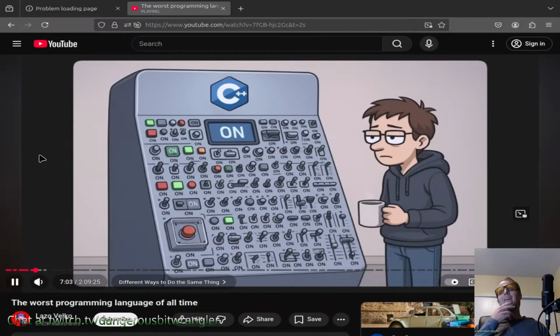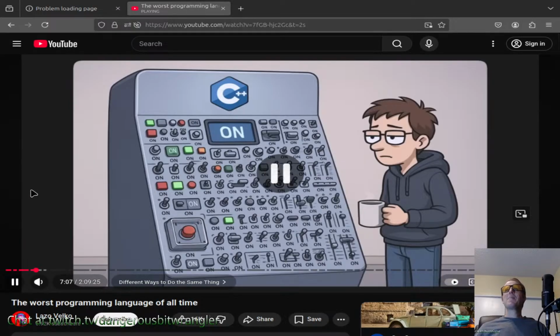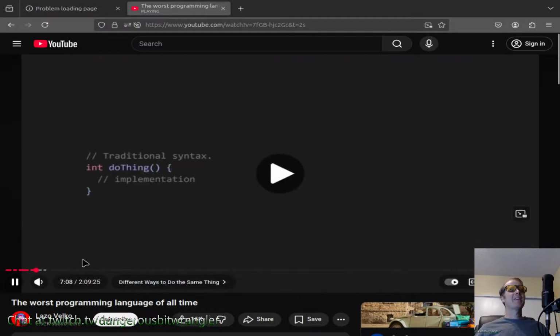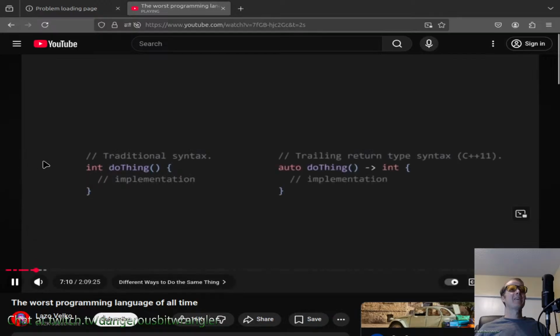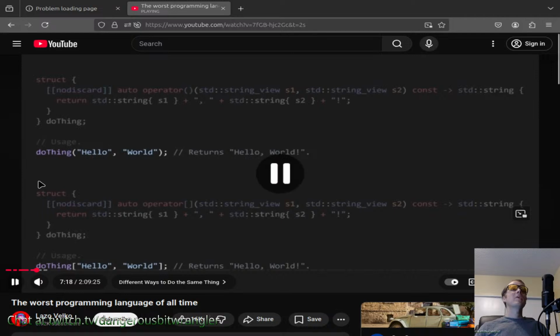Furthermore, there's so many different ways to do the exact same thing in C++. There are two different function syntaxes, the traditional one and the trailing return type syntax. They don't even look like the same language. You can also get function-like behavior using a struct, and if you don't like parentheses,